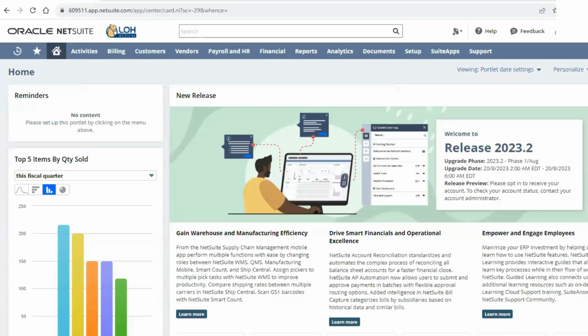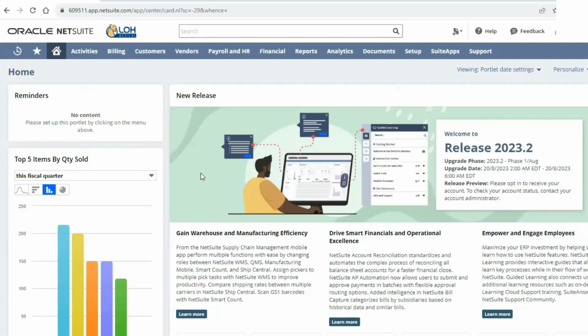Okay. When you log into NetSuite for the first time, you are going to see a dashboard very similar to this. So I just want to clarify some NetSuite vocabulary that we use here at Lowe Medical. This landing page, when you hover over your home key, is your dashboard. Each of these boxes is called a portlet. So when I tell you that we're going to customize these portlets, I'm talking about what you're seeing here in each of these little boxes.